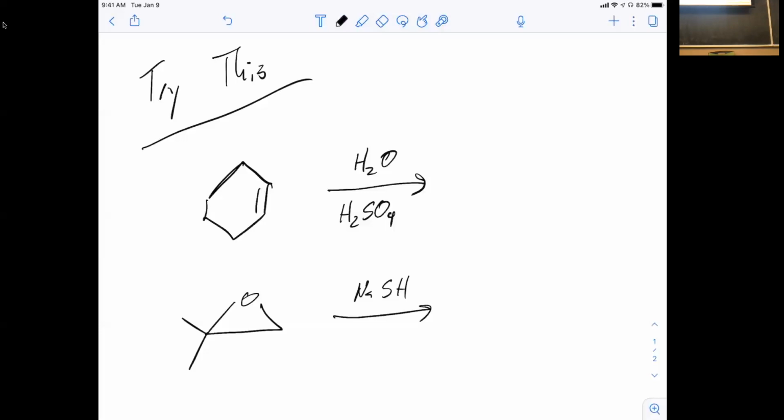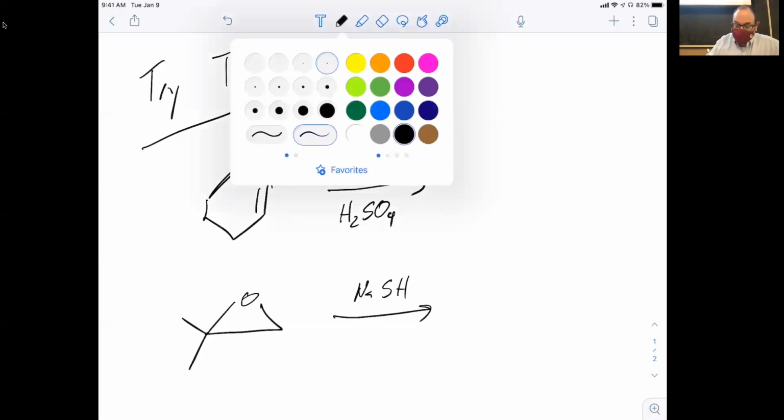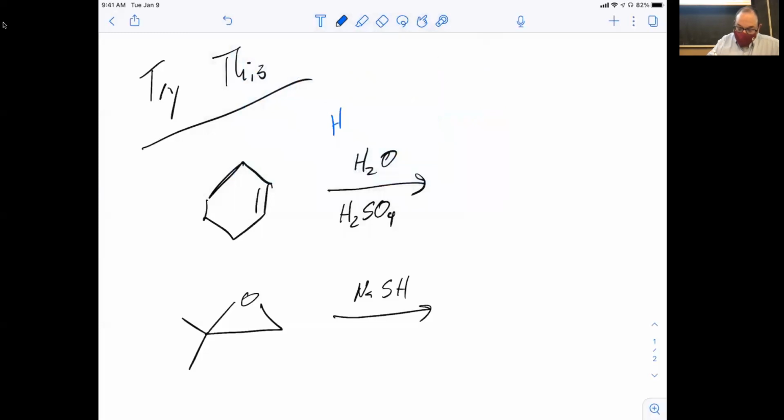Okay, let's go ahead and take a look. This is from last semester or the semester before that, depending on when you took this, so you should know this, right? Yes, I'm being facetious. What's happening here is that we're going to have hydronium. If you put water and acid, what do you get? You get hydronium. Hydronium is the electrophile,